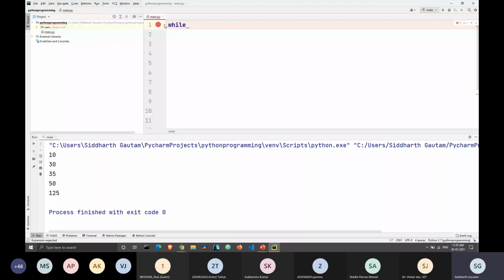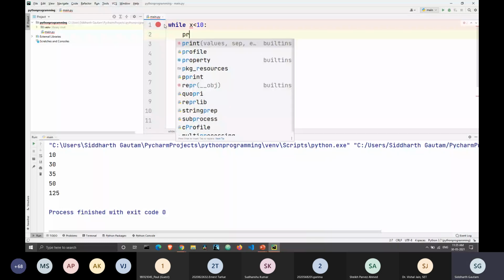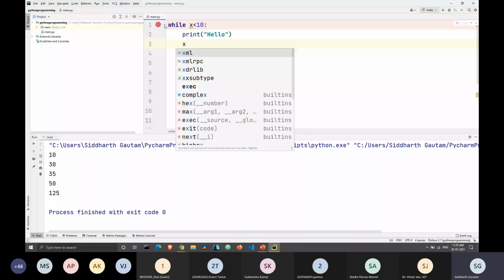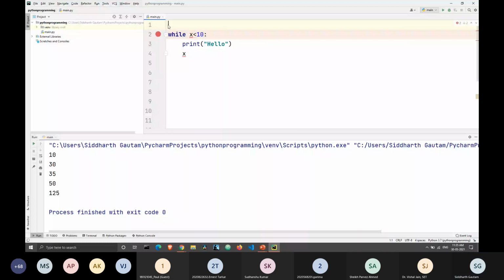While x is less than 10, we can print anything, and in the next statement we can add 1 to the value of x in each iteration. First, we should declare what the value of x exactly is. We'll write x is equal to 0, and then we can write x plus equal to 1. Okay, let's run this.